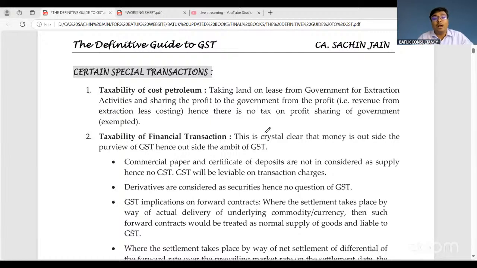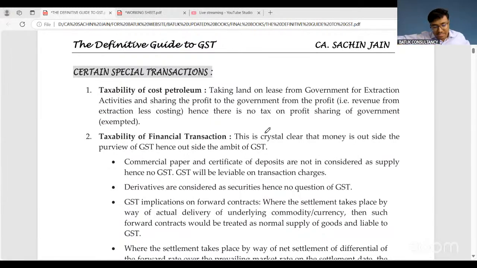And government has given a very wide definition, that is, supply includes sale, exchange, barter, transfer, lease, rental, disposal, agreed to be disposal for a consideration in the course or furtherance of business. That means two main components: one is for a consideration, another is in the course or furtherance of business. But suppose there is no consideration and the activities or transactions are specified in schedule number 1, the same will be treated as supply.